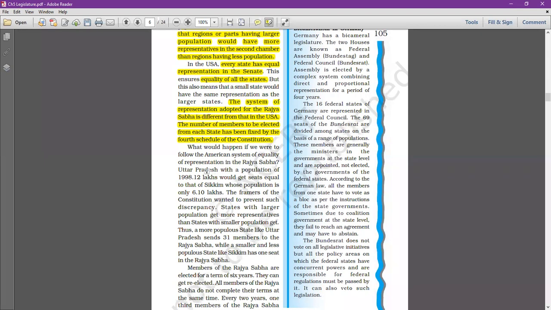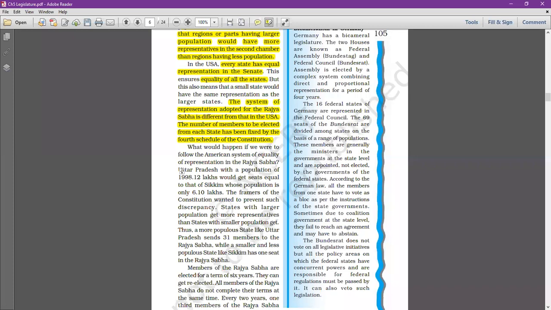अगर हम वो follow करते तो representation of the Rajya Sabha, उत्तर प्रदेश with population, जिसकी population आज भी मानें तो हम लगभग 18-19 करोड़ के आसपास है, तो उसको भी same ही seat मिलती. और सिक्किम जहां पे बहुत कम strength है, population लगभग 6 लाख के आसपास ही है, तो कहां 6 लाख और कहां 20 करोड़ के आसपास की population, दोनों को representation same मिलता. So we did not follow that symmetrical representation.